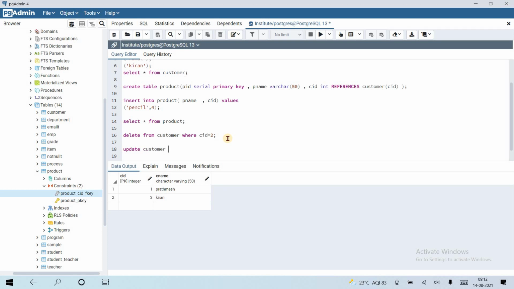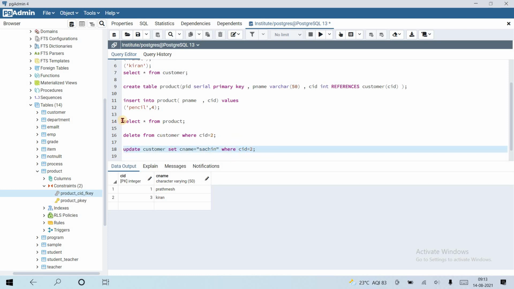Update customer set customer name equal to, suppose, Sachin, where CID equal to 2. Let's run the query.